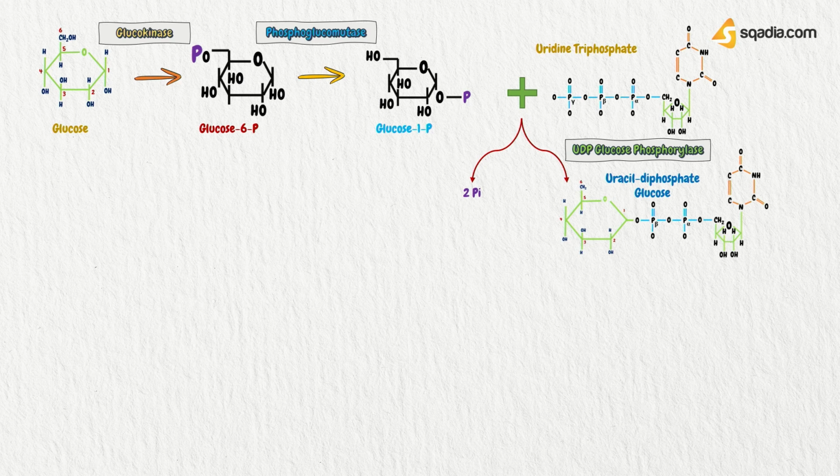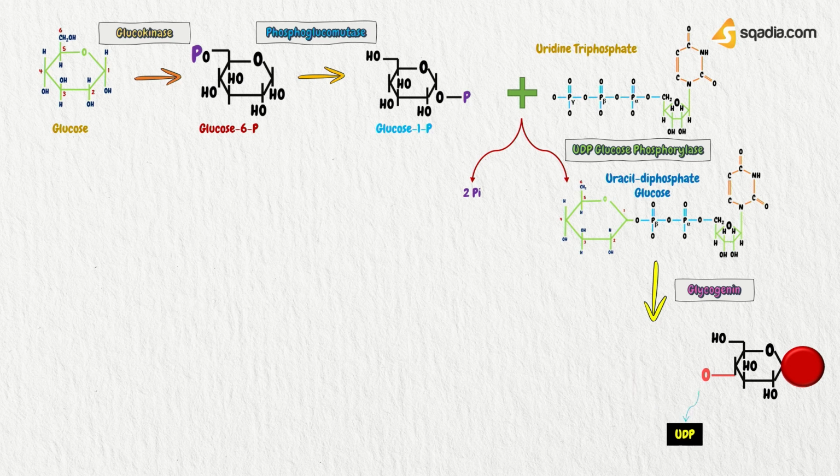Now, this uridine diphosphate and glucose bond will be broken, and this will be done by the enzyme known as glycogenin. This glycogenin will do two things. First, it will cleave the bond of uridine diphosphate and glucose, and secondly, it is going to bind glucose on its surface. Now you can see it over here that glycogenin has bound glucose towards itself and there is removal